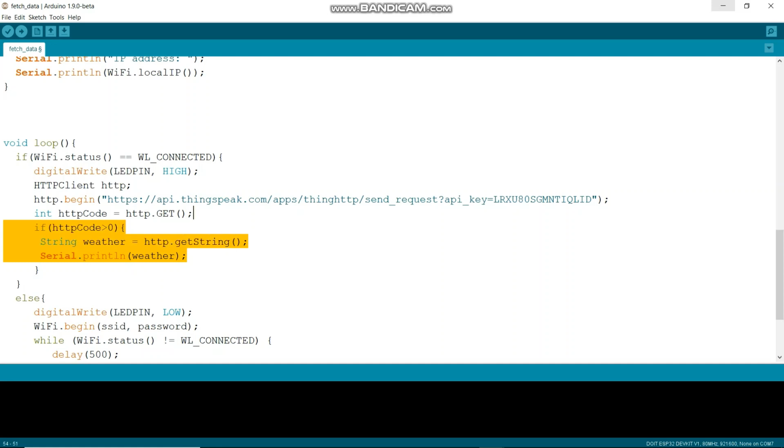In about 7 lines of code you can take out your data from any website. If you want to do further things, you have to write dot substring and other functions to extract the particular thing that you want from the whole web page.